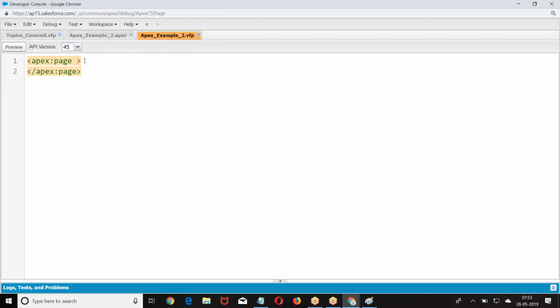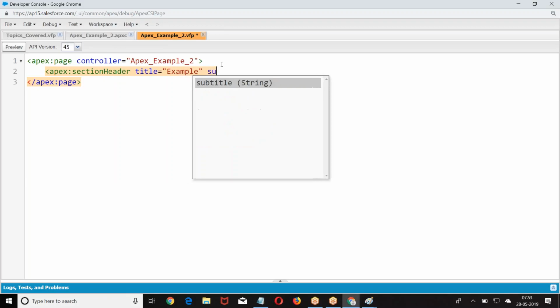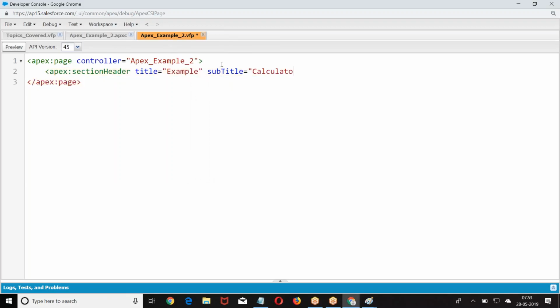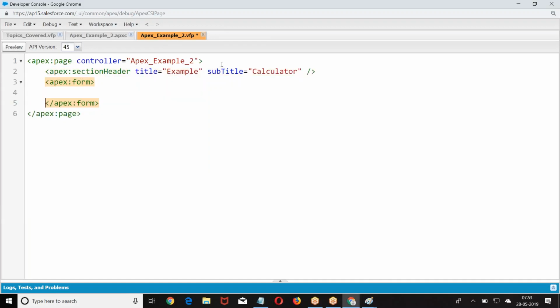So how do you refer to the Apex class? Then we are taking section, header, title. So we have title, subtitle. Now why was I taking apex form?